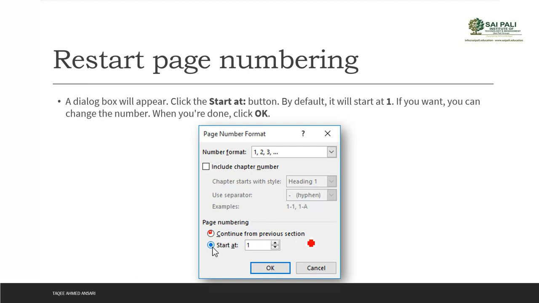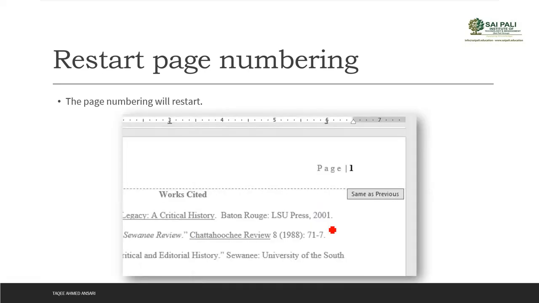So although we have divided into sections, it will still continue the numbering. I want to restart from here, so I will select Start at, and then I can give whatever number I want. Suppose I want 1, I give 1 and it will start from 1. I can start from other numbers also, and it will start again from this page.